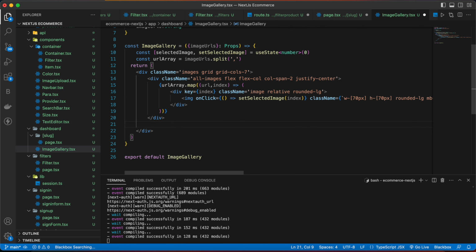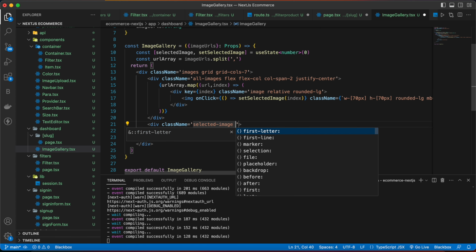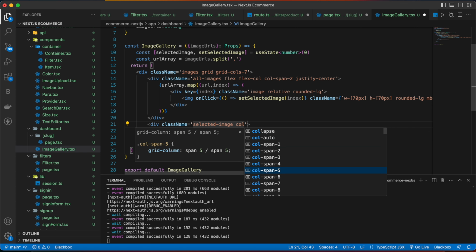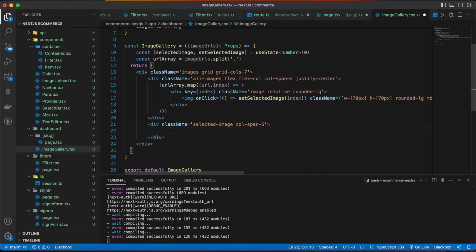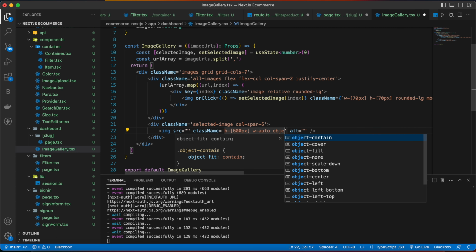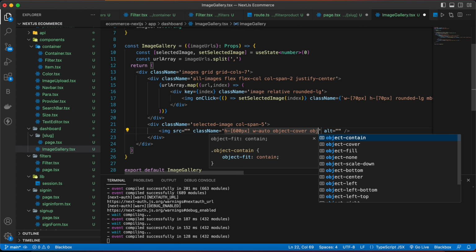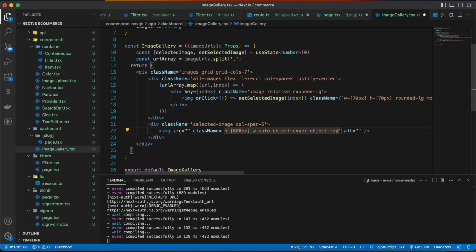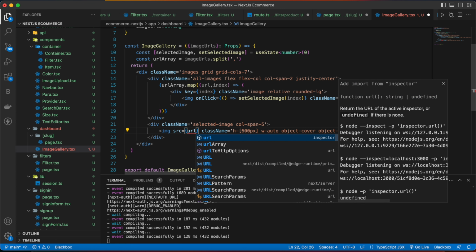And now below this div, make one more div with the class name of selected image, col span of 5, then one more image tag, class name h of 600 pixels, w auto, object cover, object top, and then inside this URL we are going to pass the URL array,